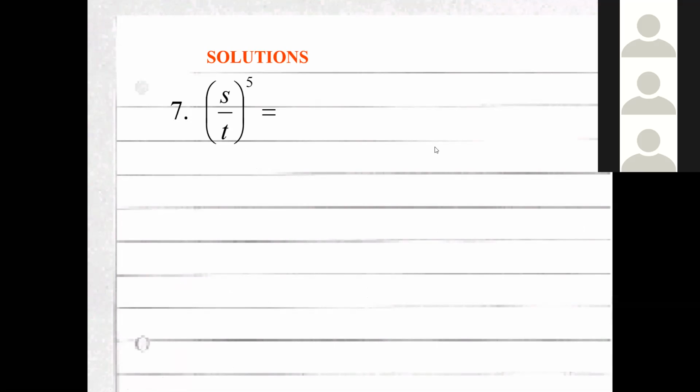Jaya, Doc, answered S to the power of 5 over S to the power of 5. Hindi S yung denominator, Doc. T yung, Doc. Okay, Doc? My audio is not working, sir. Yeah, understand. So, hindi S yung denominator, Doc, ha? So, yung sagot ni Jaya ay S to the power of 5 times T to the power of 5. Thank you. So, also, thank you for the reminder, Jaya. In case your audio is not working well, just type or chat your answer then. If you are asked to answer a question.